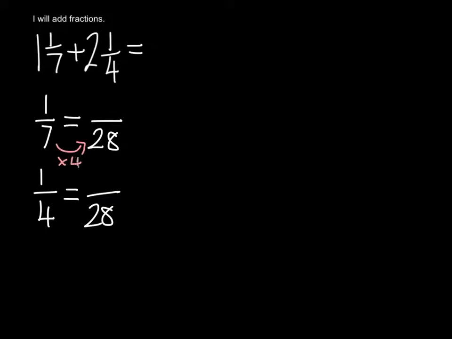So the first thing to do is to work out what I have to multiply by, and I know that I times the bottom number, the denominator, by 4, so I have to multiply the numerator by 4. So I've got 4 28ths is equivalent to 1/7, and with 1/4 I know I'm timesing by 7, so the top number I multiply by 7 as well, and I've got 7 28ths. So now I can say that